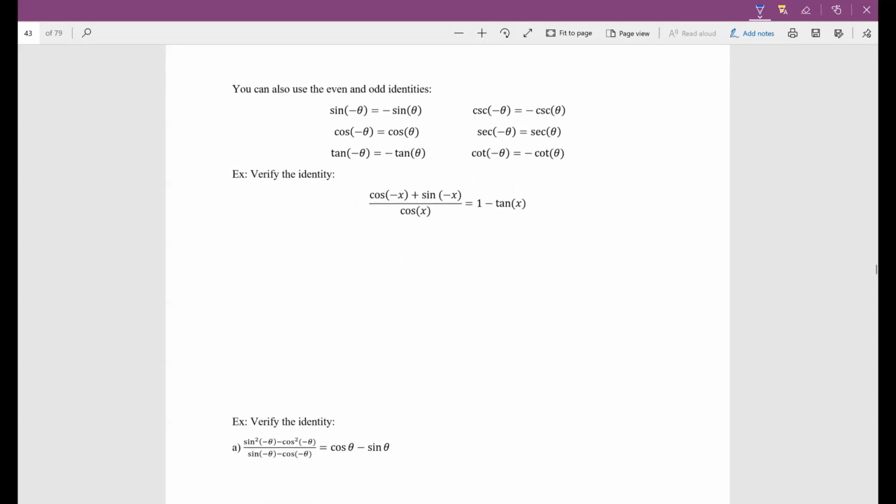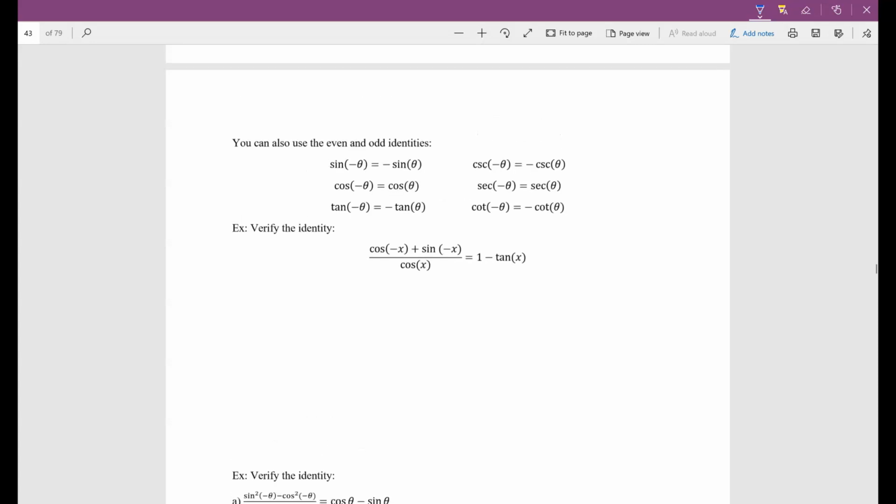These are just properties of when a function is odd or even, and we kind of talked about it a little bit when we were graphing sine and cosine. We said that the sine curve, sine of x, is basically an odd function, and we also said that the cosine of x is an even function. So that's what we discussed. And then we can also know about the tangent. So basically these even and odd identities, which are these right here,